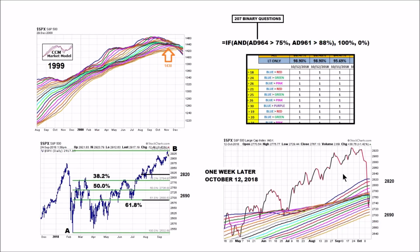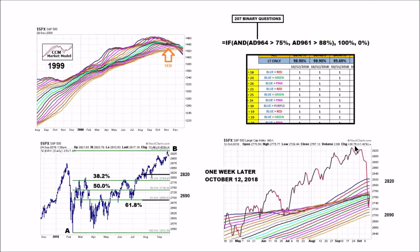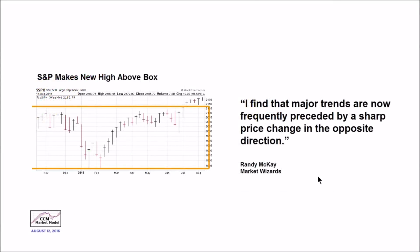And it's possible, again, these statements have nothing to do with our process, that a move like this is similar to a move like this, including when the futures went limit down the evening of the U.S. presidential election, which is the evening of November 8th, 2016. And it's possible that a move like this will end up aligning with this quote from Market Wizards that